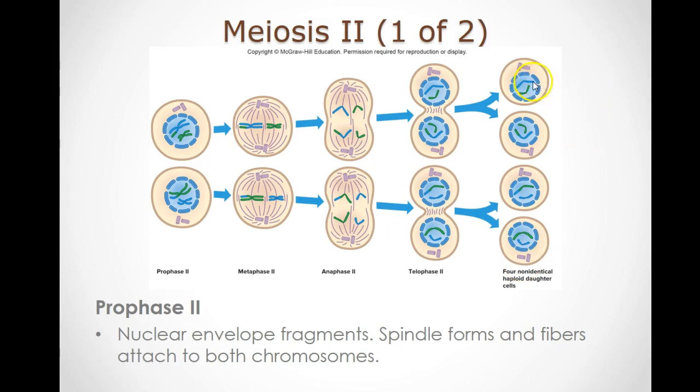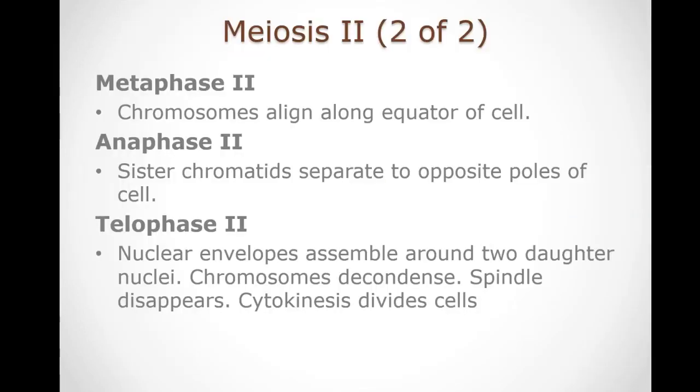The other key here is that every single one of these cells is different. So in mitosis, our whole goal was to create identical copies of cells, just to replace the cells as we needed them. Meiosis has a different goal. We don't want identical cells. We want genetic variation. We want as many genetic combinations as possible. It's why you can have 2 individuals who can have as many children as they want, and as long as they don't have identical twins, not a single one of their children will be the same, because each child is a new combination of chromosomes that came from the sperm and chromosomes that came from the egg, and it creates a new combination of traits, and that's what we want through meiosis.